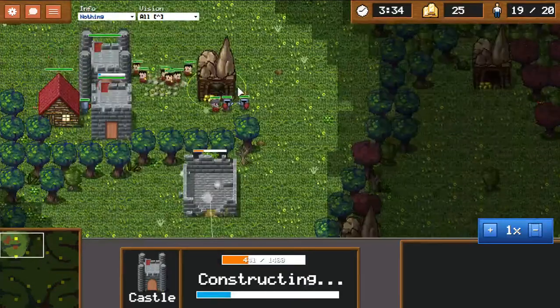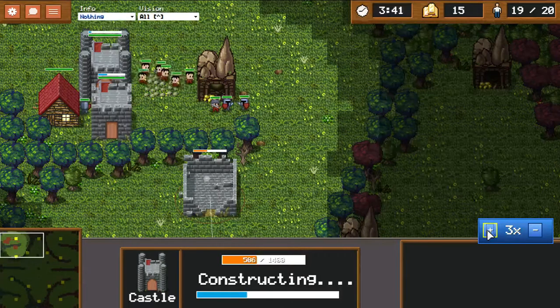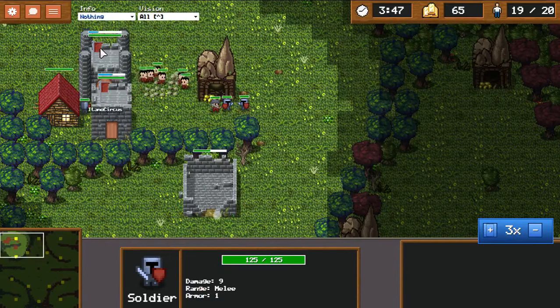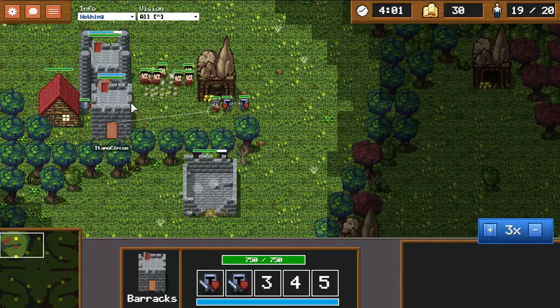You're roughly 25 seconds slower than if you had gone ahead and done the more economic 1 barracks expand. But I checked something out, and it turns out that if you go for this fastest variant, where you put the house down immediately instead of at 27 seconds, in addition to getting more of a worker, more of a unit presence,